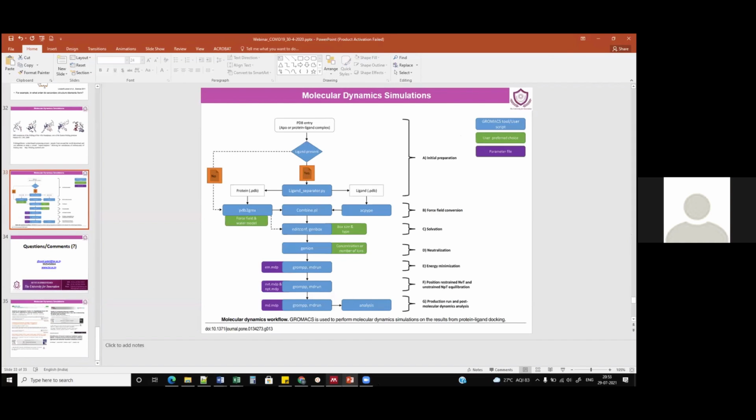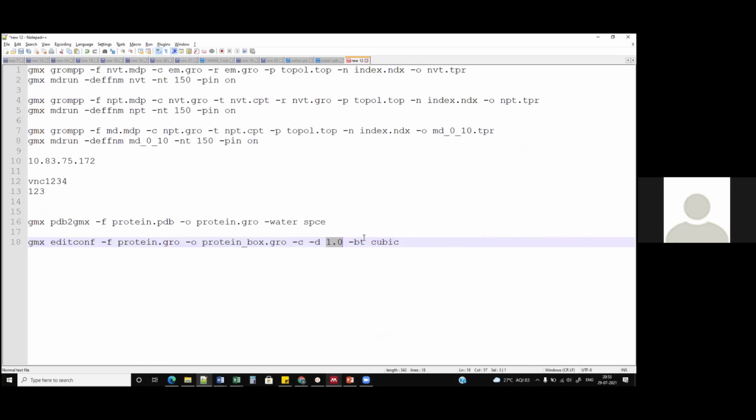So you can change it to 2 or 3, whatever you want, but do remember, the bigger the box size, the more solvent molecules there will be, and the more time it will take to calculate all these things. So use the box size very precisely, or the amount required. You can do trial and error. There are different kinds of box, which is defined by box type. You have cubic, you have triclinic, you have octahedral. There are different kinds of box available. So in this case, we'll just copy this second command, and we'll fire it over here.